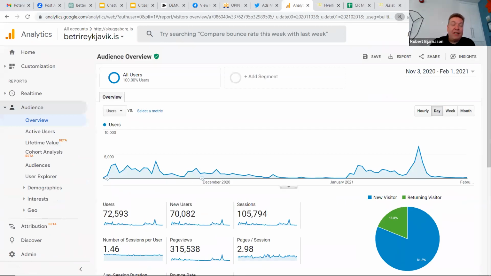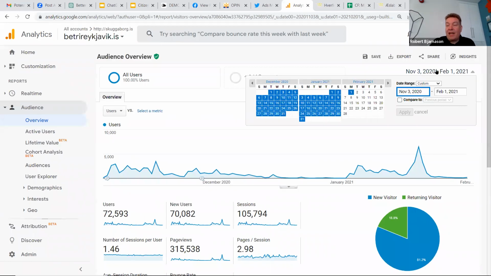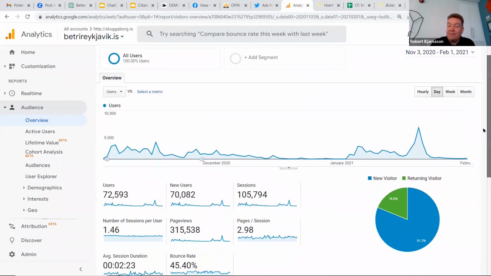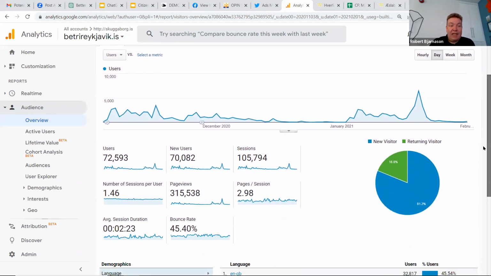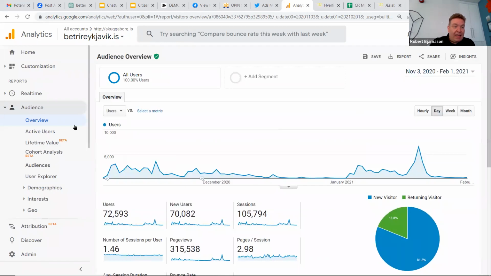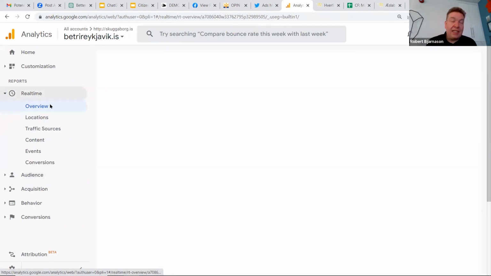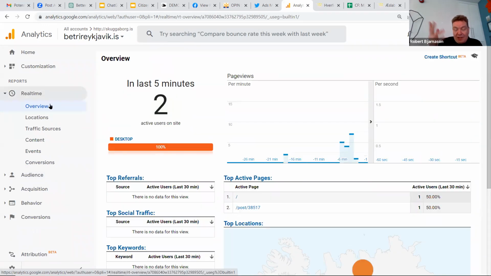And in Google Analytics, you have this chart here at the top. You have a time period you select. I've just chosen the period when the project was happening, but you can choose today or whatever if you're running it, and we have this real-time thing here on the left side. As I said, this is actually changing a bit in Google Analytics 4, because I don't have access to that. And that's actually now real-time on Better Reykjavik.